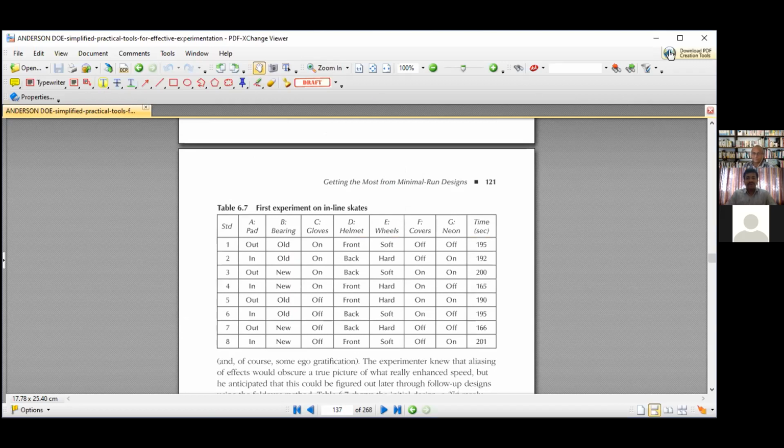Okay, sir. Any other question? Are you teaching any course in experimental design or research methodology? In some universities it is there. Yes, sir, research methodology is there.